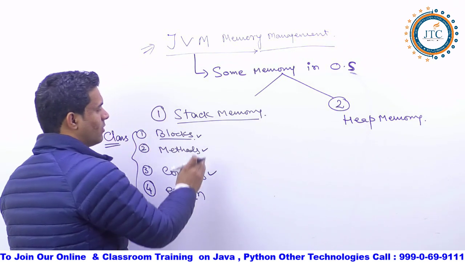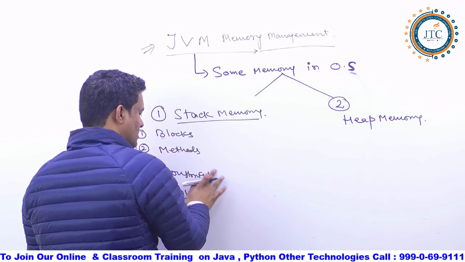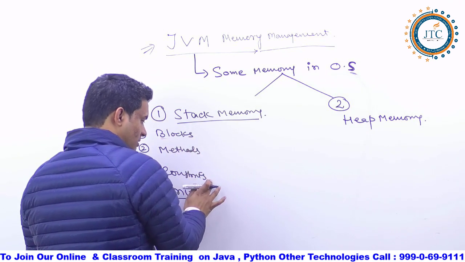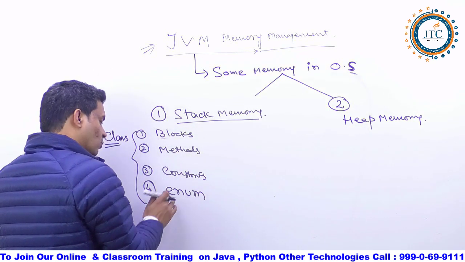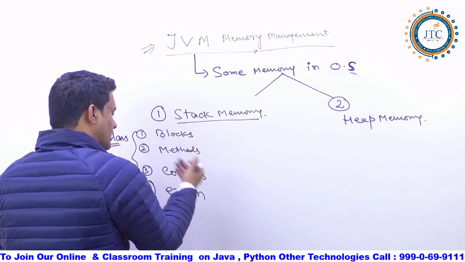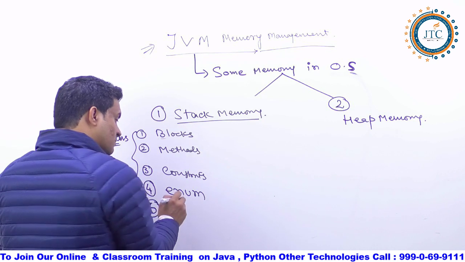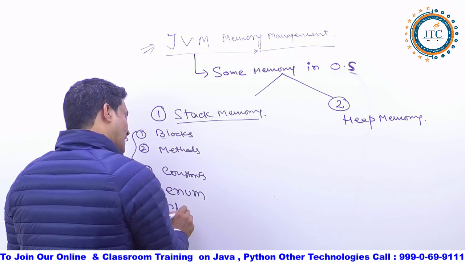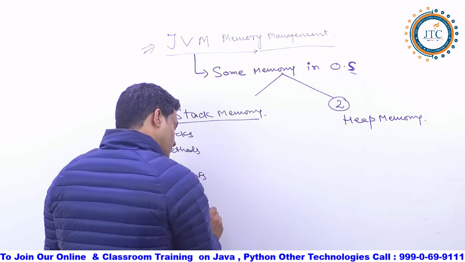Enum we are going to call. So block we have another one. Second one is the method. We have constructors. We have enum. And again one more thing which we can write inside the class itself, which is the fifth one. And this particular one, like you are writing a class inside a class, in another form what we can call an